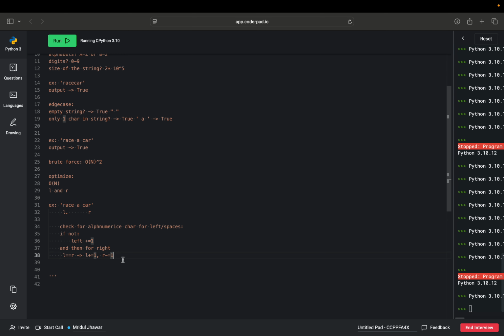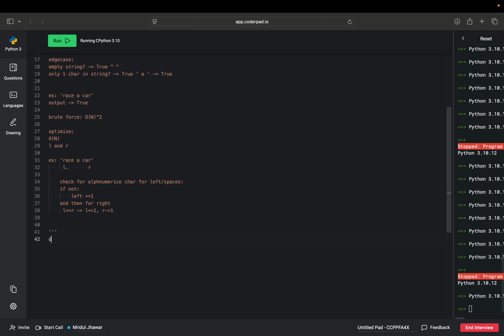Yeah, and then at the end, this will keep moving forward, and then they will meet here, and it will not be equal, and that's when we return false. So we can define valid palindrome, and this will take in input as a string, and output would be a boolean, and then we'll go through